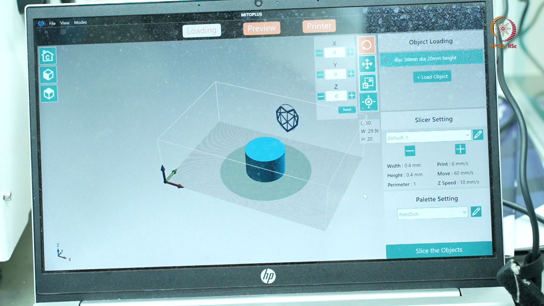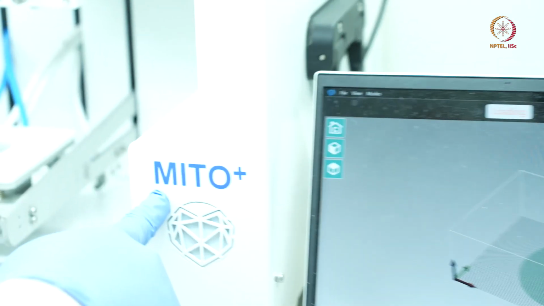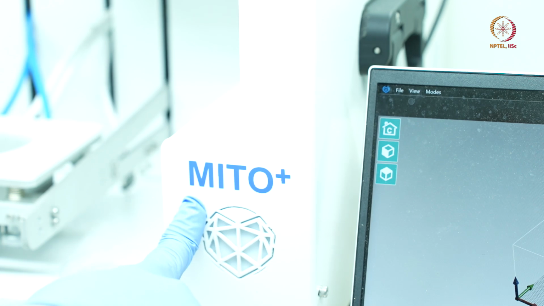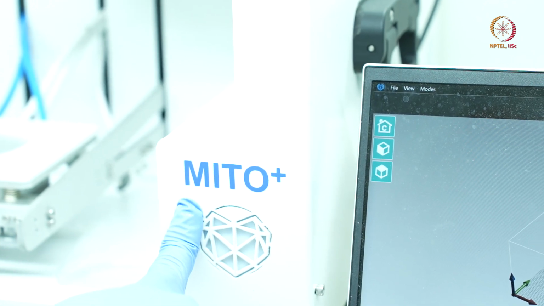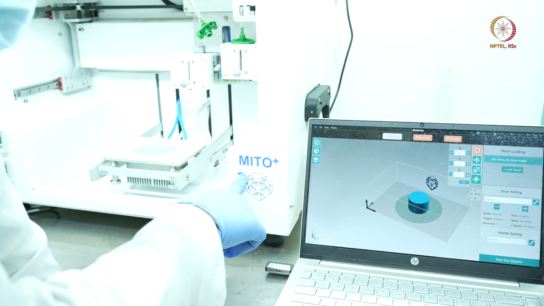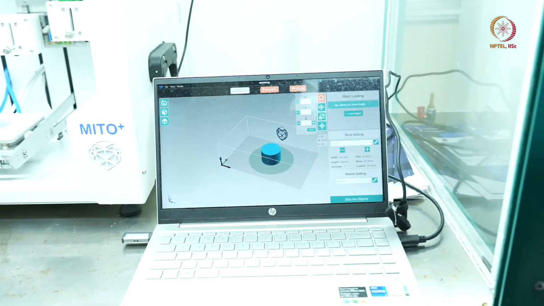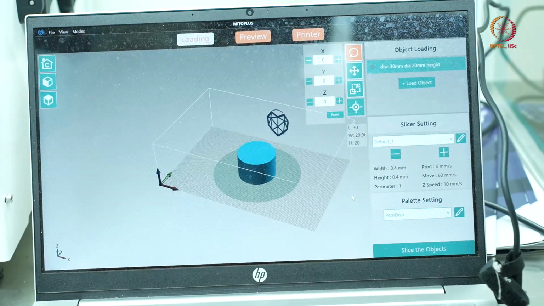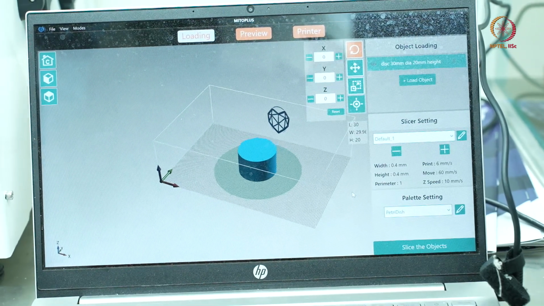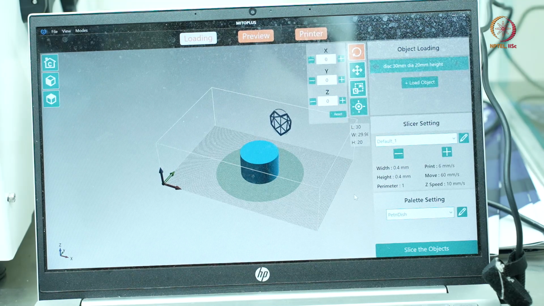Now this is the company's most advanced generation of 3D extrusion printing machine, and it is known as Mito Plus. So the software that I'm going to show you now is the Mito Plus software, which is a versatile design platform where you can